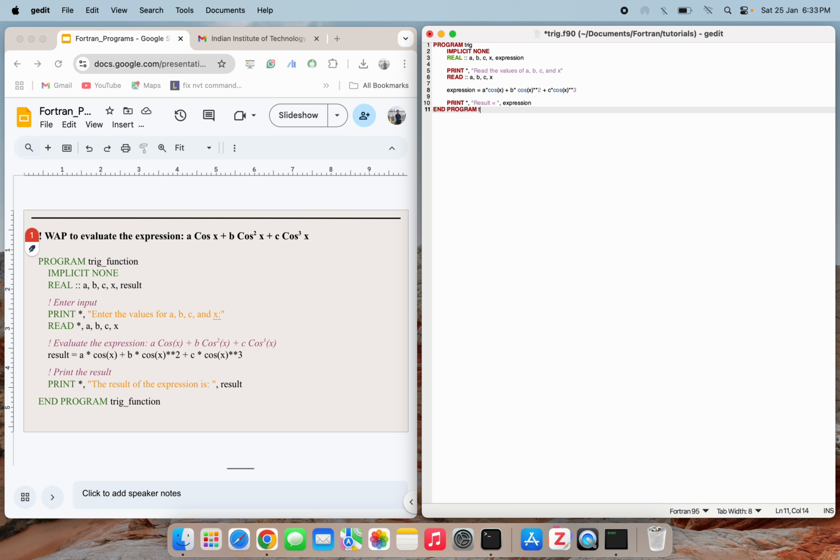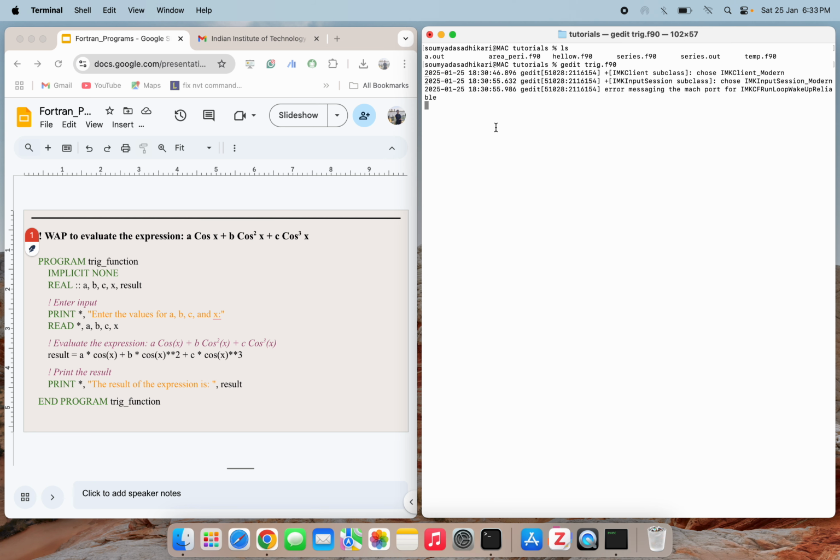So program name is trig. So fine, next part is to save this. I have saved this, and let me check it before everything is okay or not. Okay, expression, okay, fine. So let's try to execute this,